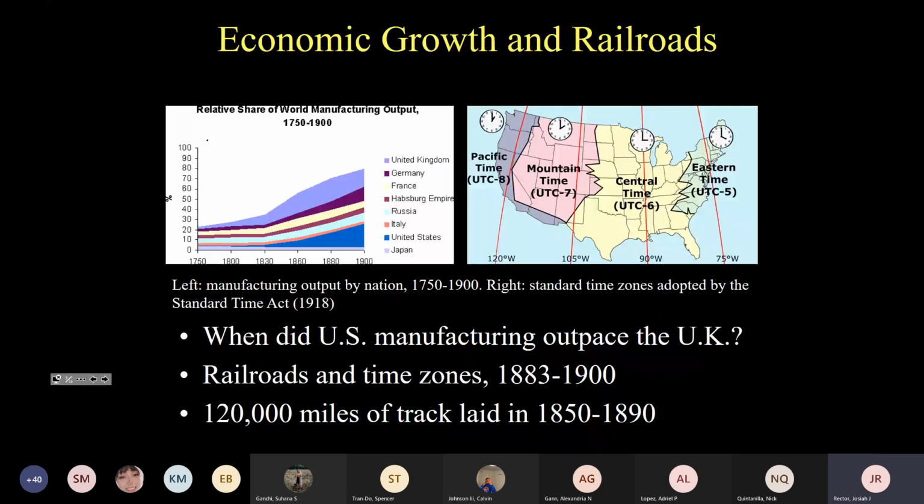And actually, prior to the late 19th century, there was much more irregularity in timekeeping. So for example, in 1882, there was no Eastern Standard Time. So New York and Boston were 11 minutes, 45 seconds apart. If you're trying to run railroads, that becomes dangerous. Why would it be dangerous to have irregularities in time schedules between different places if you're trying to operate a railroad system? They can crash into each other. Exactly, they can crash into each other, right?